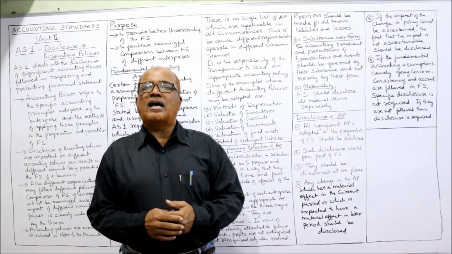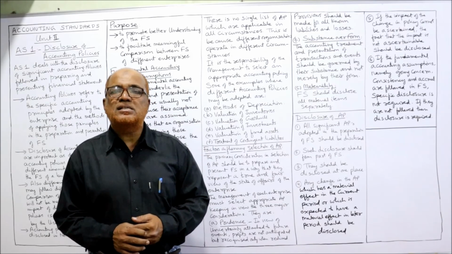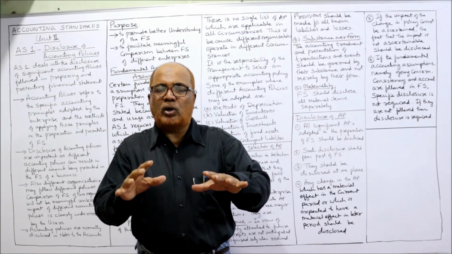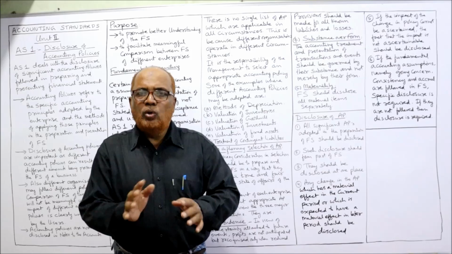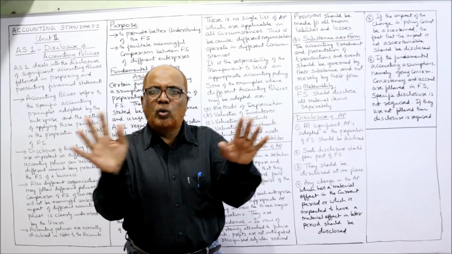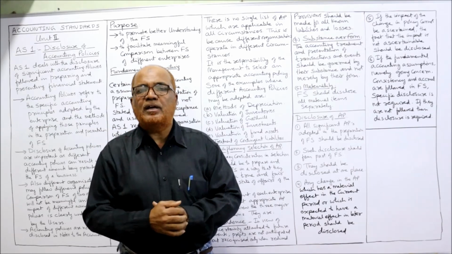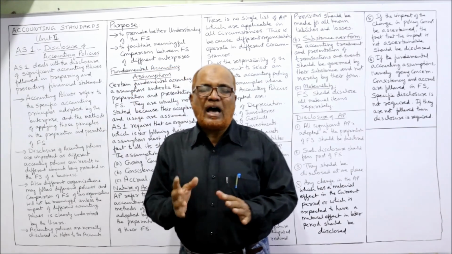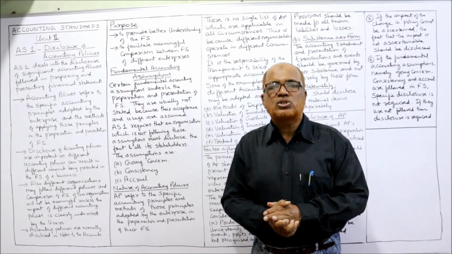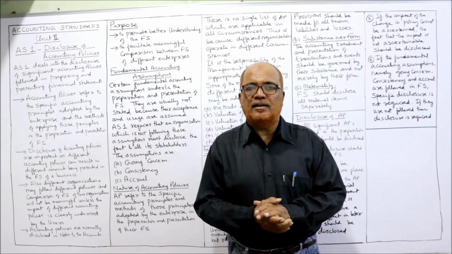Certain fundamental accounting assumptions like going concern, consistency and accrual. These three fundamental accounting assumptions, if followed, there is no need to disclose. No need to write that we are following going concern, we are following consistency, we are following accrual. If a business is not following those fundamental accounting assumptions, then it has to be disclosed. That's all. So I have explained all the points regarding AS1, Accounting Standard 1, disclosure of accounting policy. In the next video, I'll start the next accounting standard, that is Accounting Standard